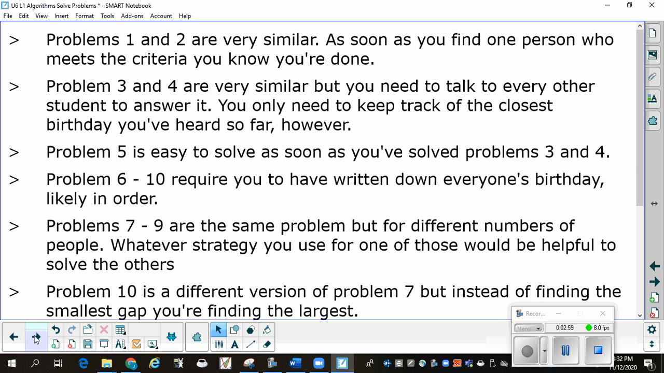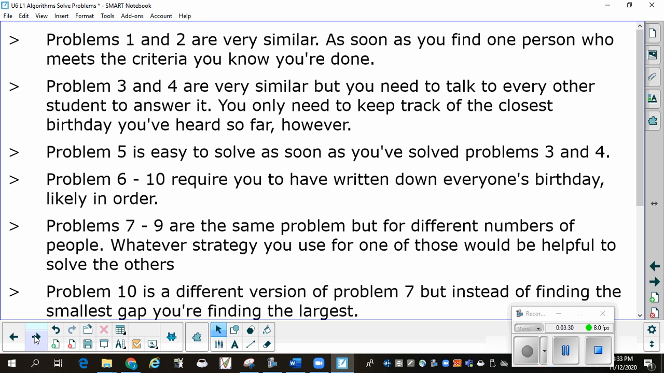Well, if we look at it, problems 1 and 2 are very similar. As soon as you find one person who meets the criteria, you know you're done. Problems 3 and 4 are very similar, but you need to talk to every other student to answer it. You only need to keep track of the closest birthday you've heard so far, however. Problem 5 is easy to solve as soon as you've solved problems 3 and 4. As soon as you've got 3 and 4 done, you know which one, before, after, or on your birthday, is